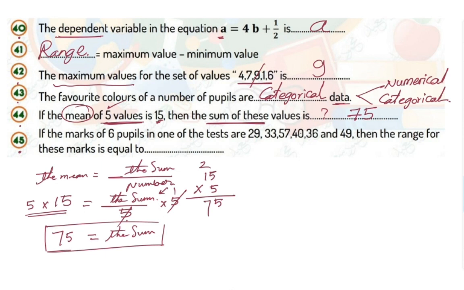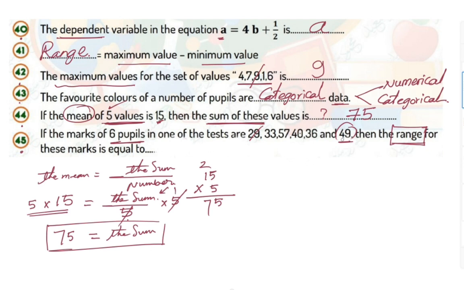Last point here, 45. If the marks of 6 pupils in one of the tests, we have some tests and we have 6 pupils, this is the degree of each one of them, then the range of these marks is equal to what? He asked us about the range, and we know the range is maximum value minus minimum value. Where is the maximum value here? If you look clearly, the maximum value is not 49. Look here, we have the maximum value 57 minus the minimum value